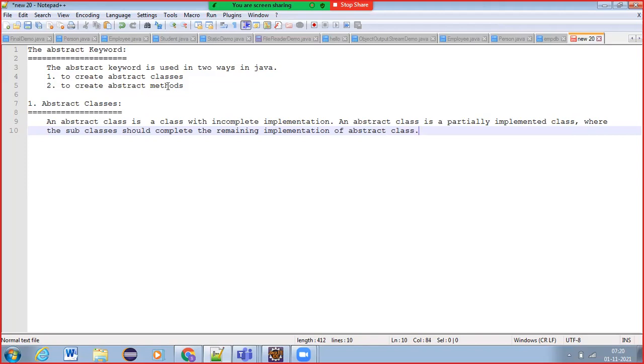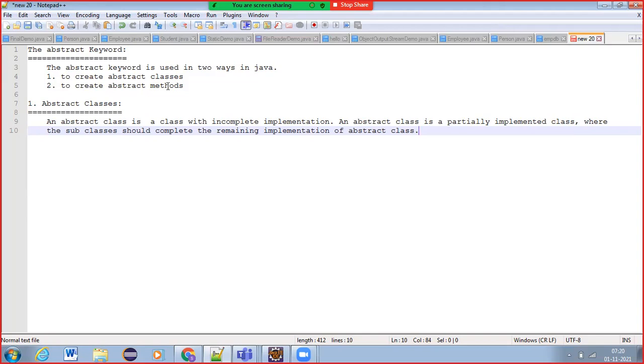So here what we are saying is, an abstract class is a class with incomplete implementation. Incomplete implementation means it is expected to be given a certain set of method implementations, but in the abstract class complete implementation will not be given.